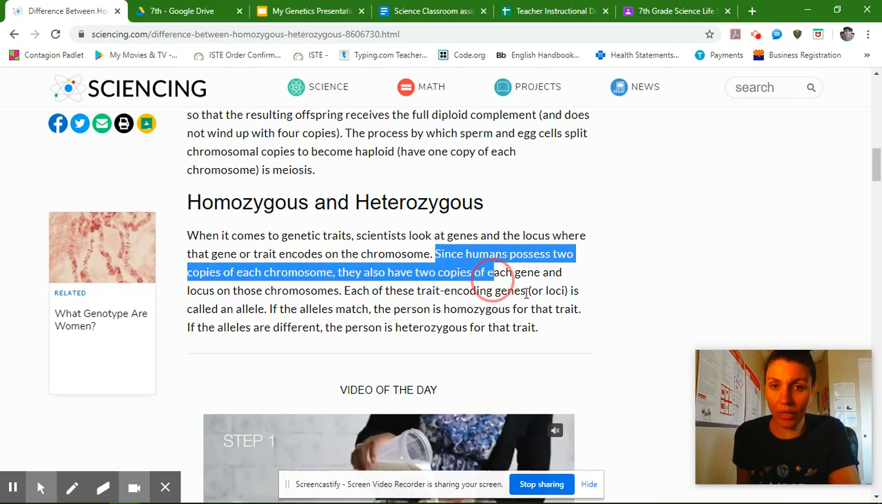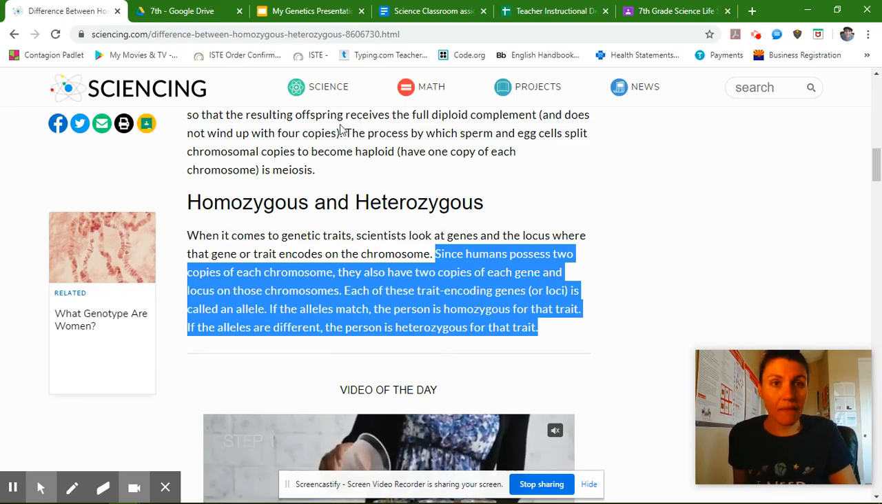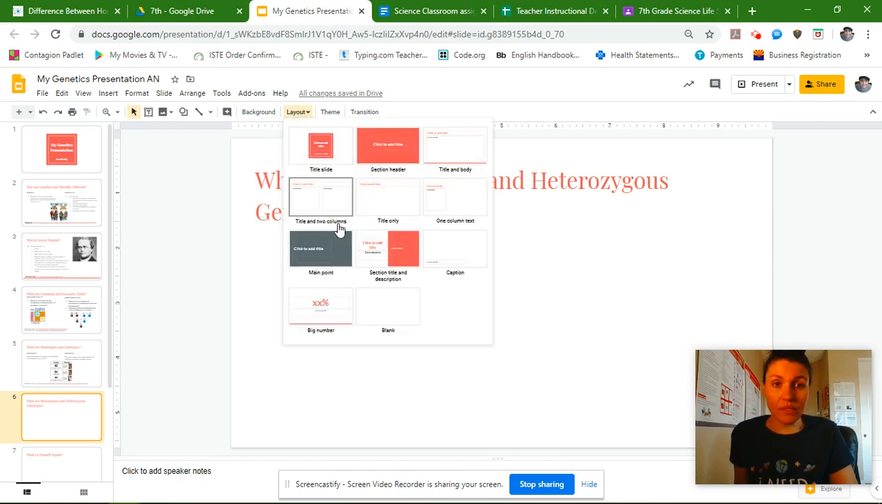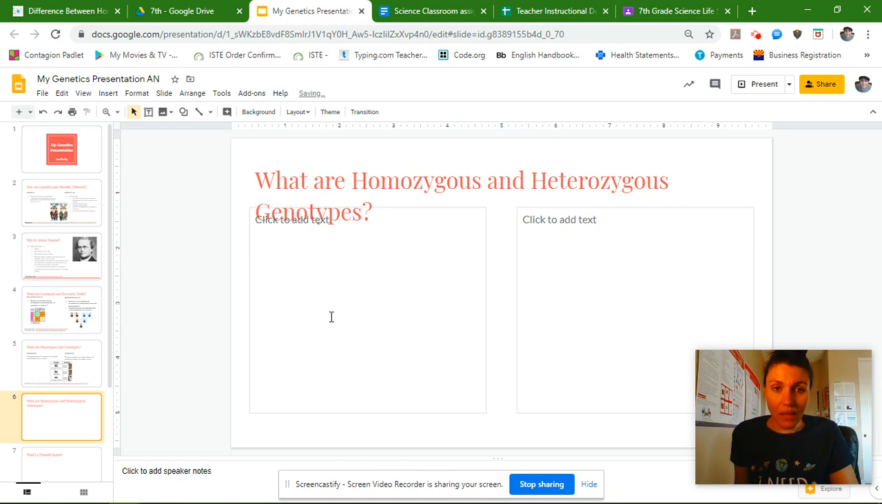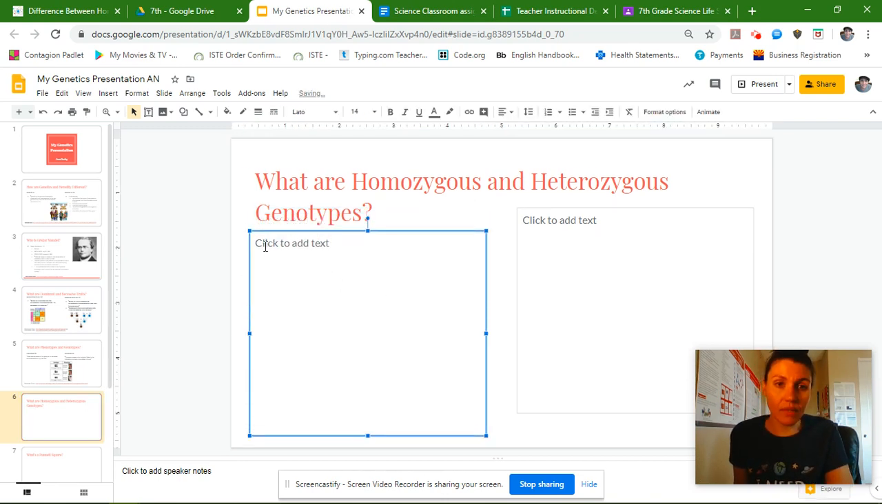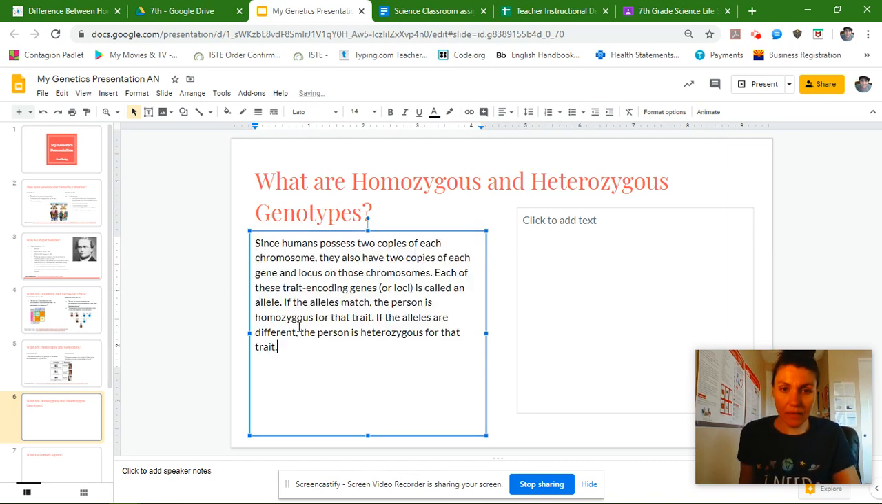So I'm going to break up this whole paragraph. I'm going to highlight it all. I'm going to copy it. I'm going to add a new layout. I want 2 columns because one column will be for heterozygous and the other column will be for homozygous. And I'm going to click on these and move them down a little bit so they don't overlap on my title. So pasting this down,